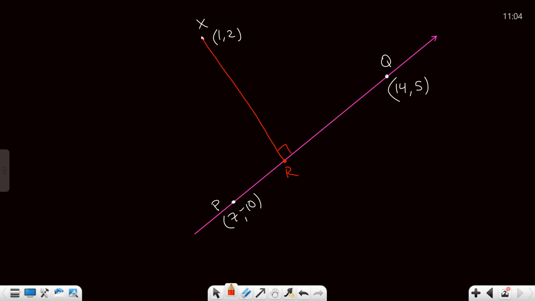You're on Notability. I would highly recommend that you start incorporating colors into your work more, because things are going to get more challenging in the future. So colors will help you keep track of what it is you're doing. If everything is the same color, you can't tell what is what.